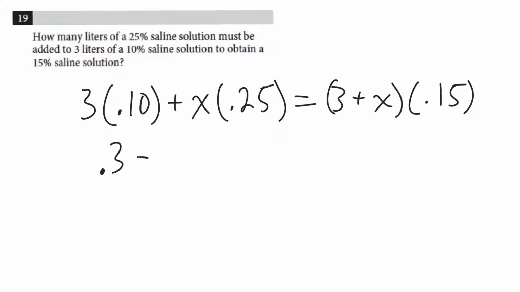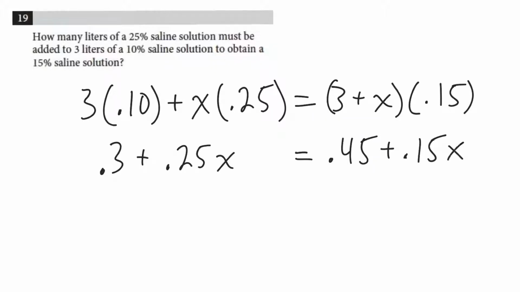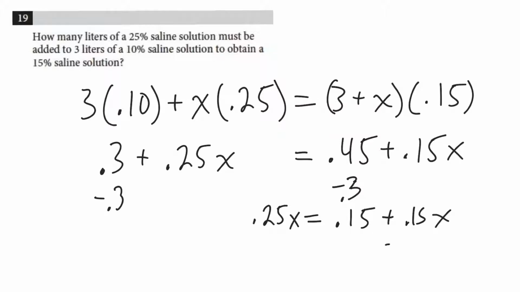We're going to have 3/10 plus 0.25 times X. And if we distribute this 0.15, we're going to get 0.45 plus 0.15x. Okay. I'm going to subtract 3/10 from both sides. Minus 3/10, I'm going to get 0.25x equals, well, that's going to be 0.15 plus 0.15x. Subtract 0.15x from both sides, and I will get 0.1x, or 1/10 x equals